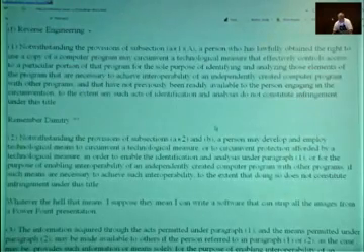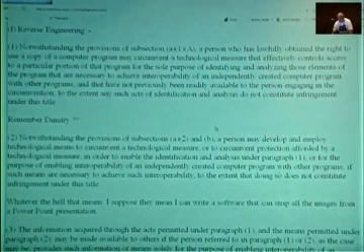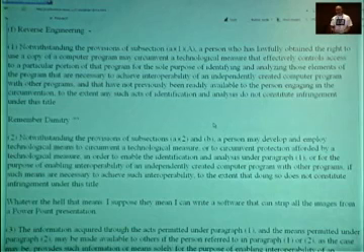Notwithstanding the provisions, a person who has lawfully obtained the right to use a copy of a computer program may circumvent a technological measure. A person who has lawfully obtained the right to use a copy, this has been a point of contention for a long time. When you plunk down your money to buy a piece of software, what do you get to do with that piece of software? Have I just purchased the right to use it, or is it mine? I mean, I physically gave you money, you physically gave me a piece of software. I'm going to assume that it's mine.